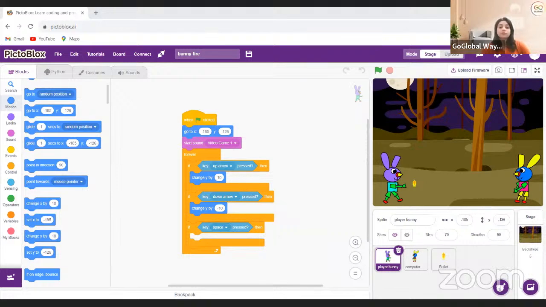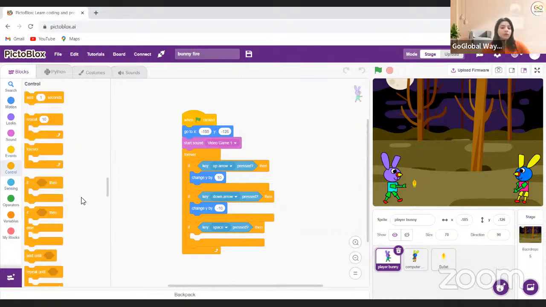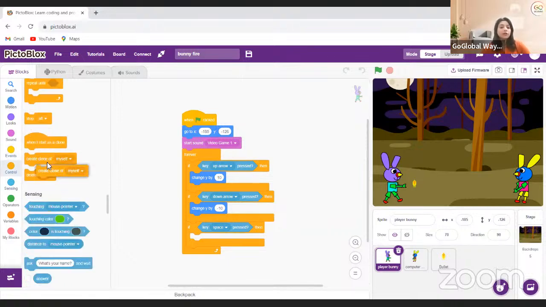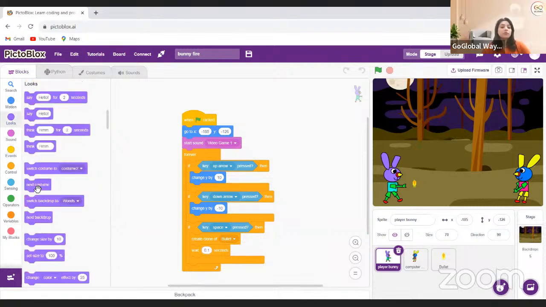Okay, so I'm just going to create a clone of bullet after some seconds of break. So I'm just going over here and I will create a clone of bullet and it should wait for some seconds. So I'll take wait for 0.1 second. Then we'll go to looks and we'll take the next costume. Okay, so this is fine. We will check it later, but first we